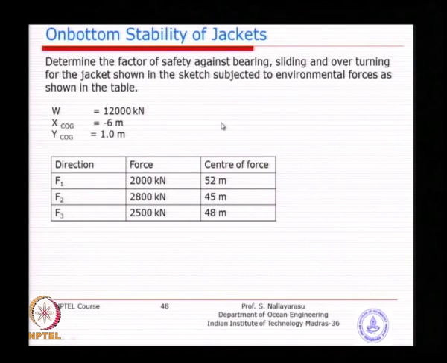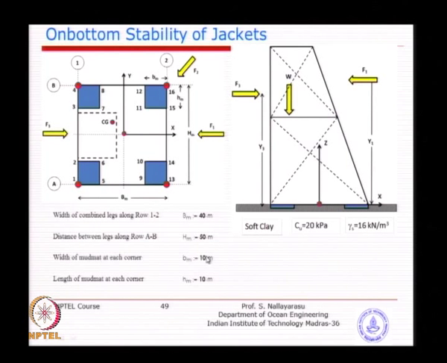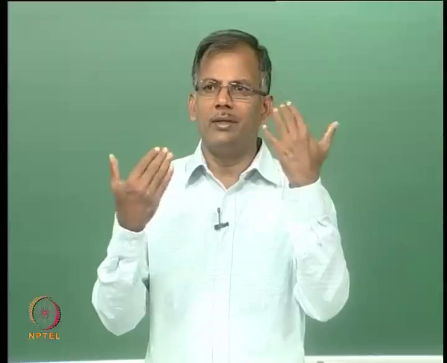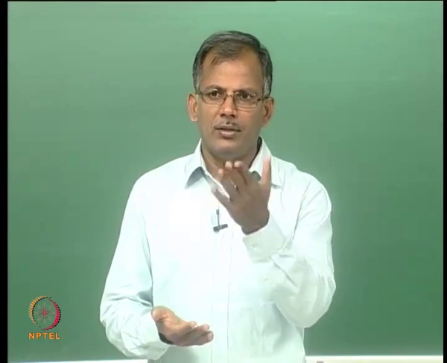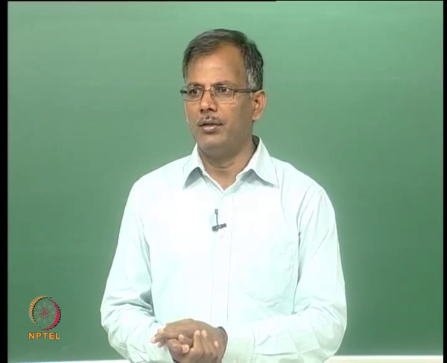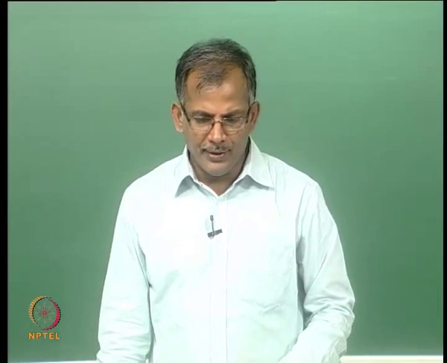So, we will just quickly look at this, but then in the tutorial we can solve for a bit more complicated problem. So, the material of the seabed is soft clay and simplistic is 20 kPa is the undrained shear strength, and the density is 16 kilonewton per cubic meter. So, you have the parameter to evaluate your bearing capacity. Since this is being a clay type of soil, I think you can use your simple bearing capacity formula to arrive at, and you can use that.